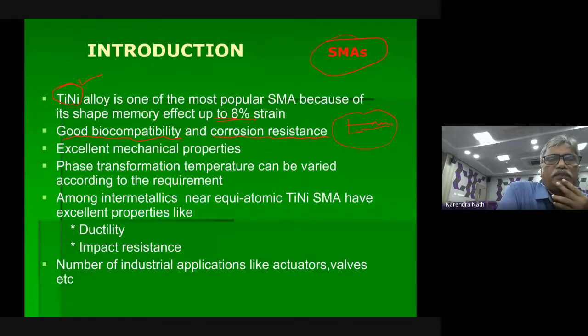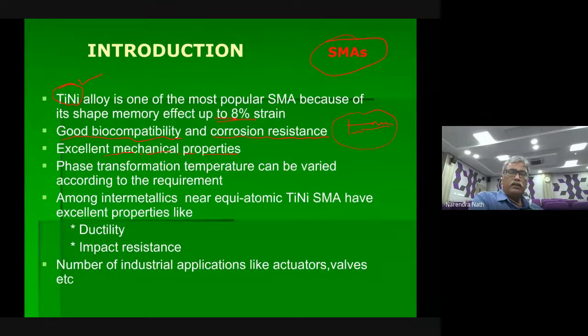So excellent mechanical properties, in terms of anything you take, whether it is any kind of higher loads you want to apply, or any kind of dampers you want to use, it will absorb very good energy, and very good wear resistance is there. Whatever mechanical properties you can list out, it fits into that. So it shows all the data better than any other alloy among the family.